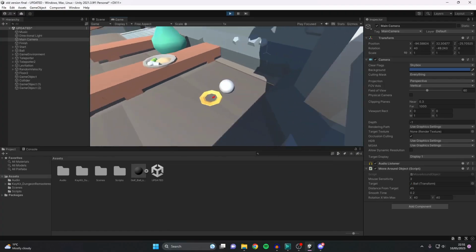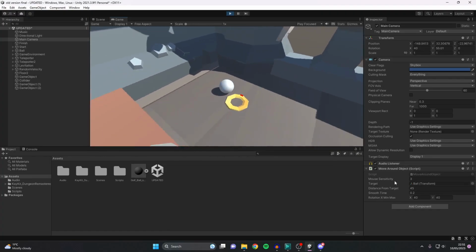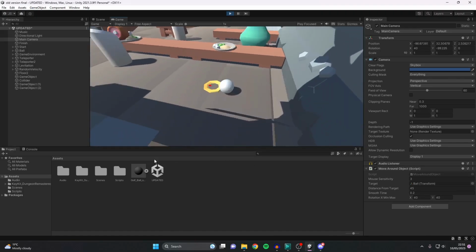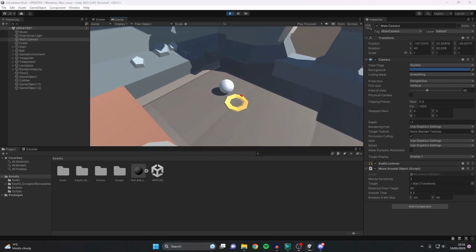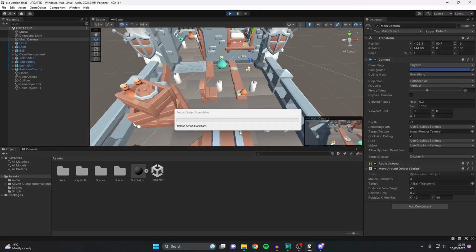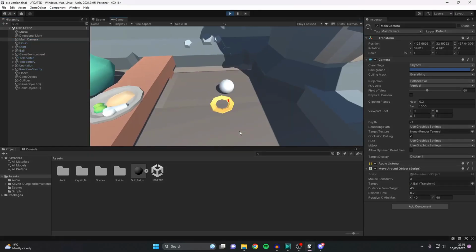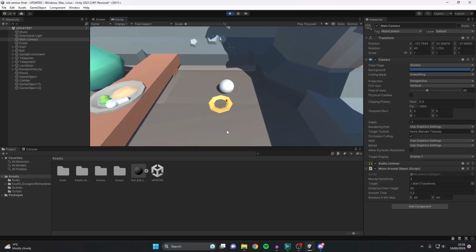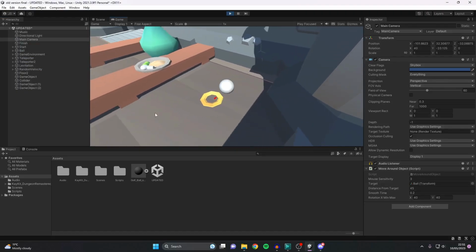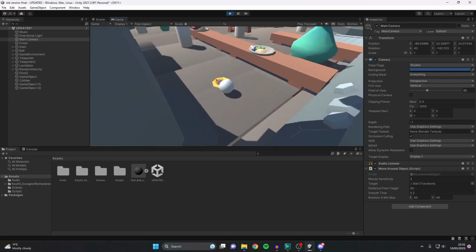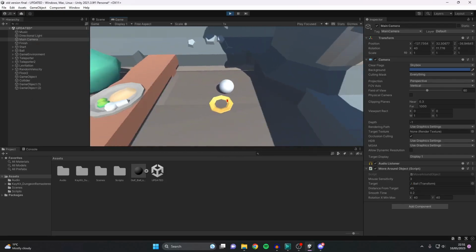In the update function, it gets the mouse input and modifies the rotation variables accordingly. The rotation is then clamped to a specific range using the rotation x min-max variable. The next few lines of code calculate the next rotation vector and smoothly damp the current rotation towards that vector. The camera position is then set to be a certain distance away from the target object in the direction that